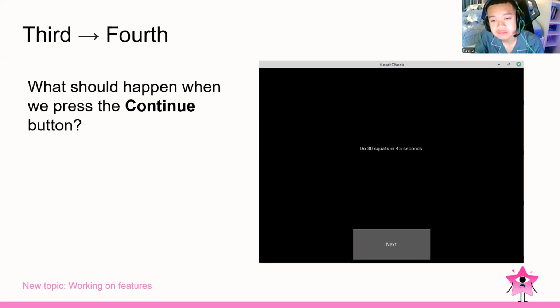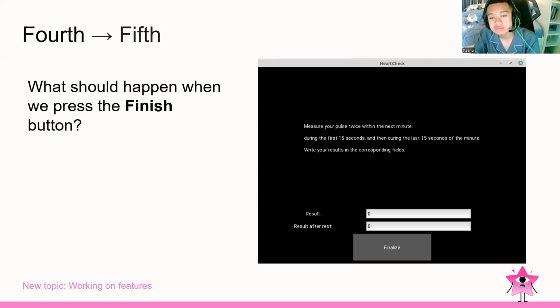From the third to the fourth screen, when we click continue, it must switch the screens and go on to the final exam, where it counts the result.